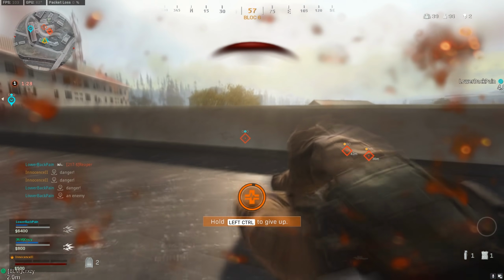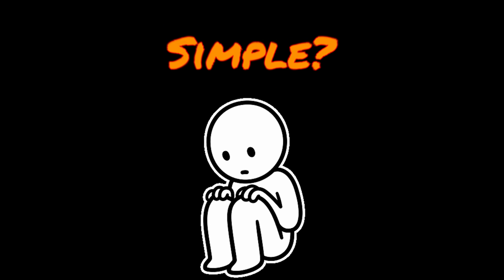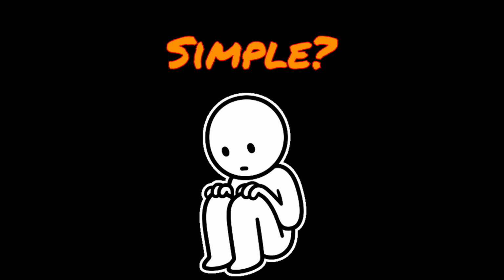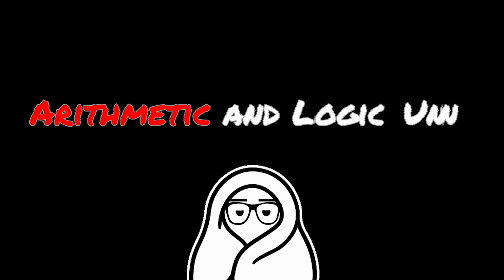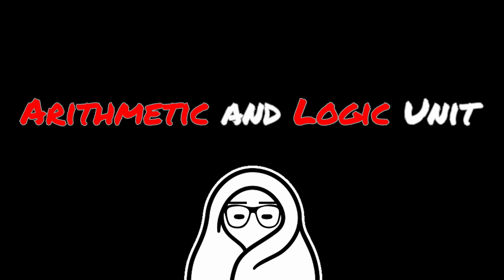But now let's move on to the processor's arithmetic and logic unit, which deals with the bulk of all data processing that happens within the component. Things like all simple operations like addition, subtraction, multiplication, or division, though I guess you can't really call it simple when it's happening billions of times per second. Regardless, that's where the arithmetic part of the name comes from. The logic part of the name, however,